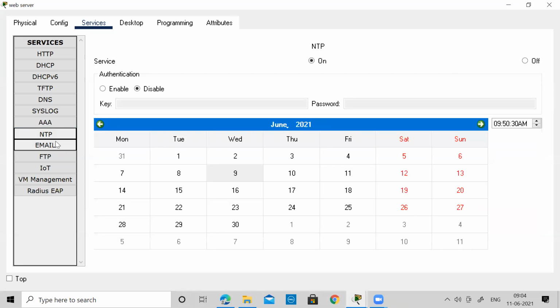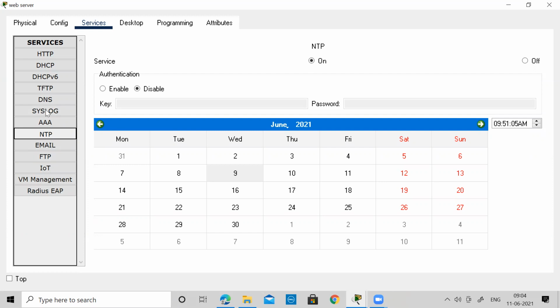Then you have an NTP server, which is basically for setting up the time. You want to synchronize all your devices with the given time, because we are working in different time zones. Maybe our servers over here are connected to servers which are not part of our country and are located somewhere else. So we need proper synchronization between all the devices, so that everyone is synchronized to the clock, the date, the time, everything. If this is done properly, our log activity will happen properly.